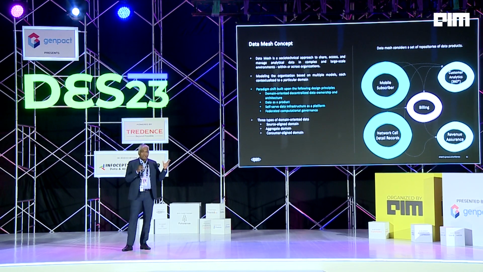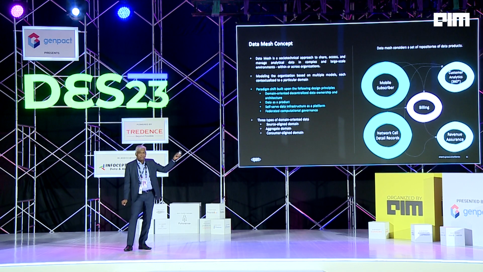And network call detail records. If you are from the telco world, it's a separate, siloed business unit that runs the entire network infrastructure actually, right? So they should own that particular source aligned domain in terms of providing the data for data products to be built on top of it, and also keeping certain metrics, SLAs, SLOs, which are defined at a centralized CDO office actually. Those things are the source aligned domains.